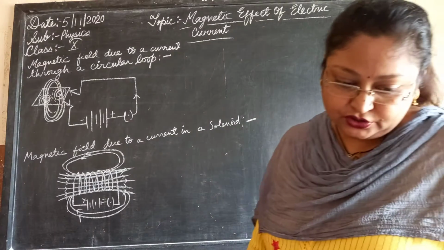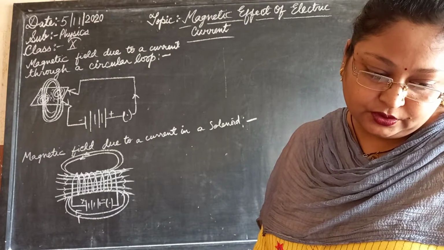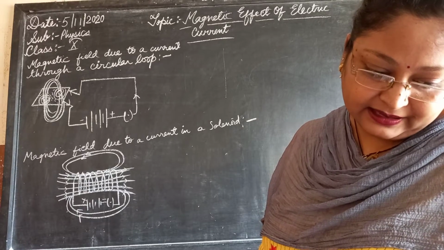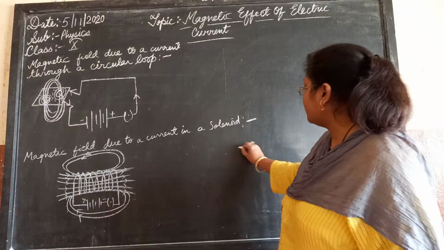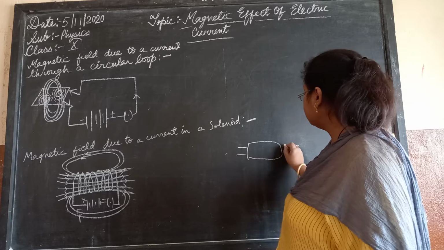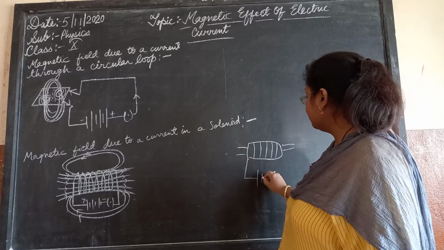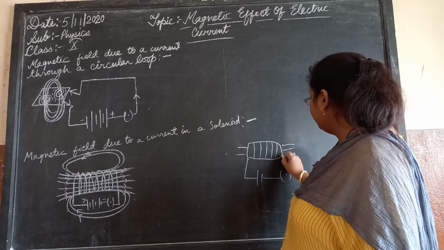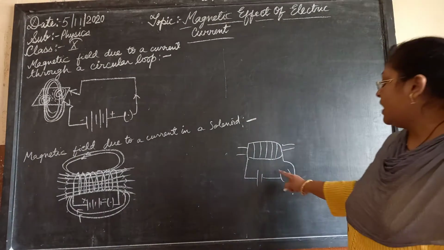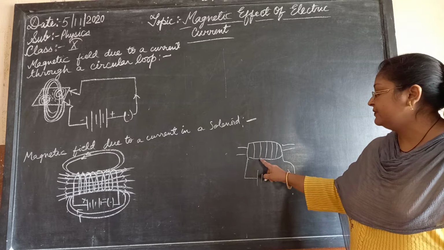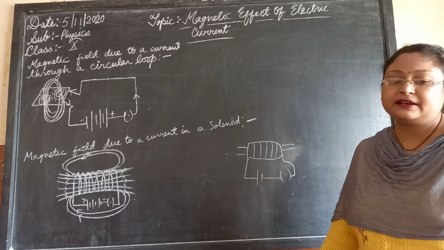Here we also have a soft iron core given in this particular book. We have a current carrying solenoid with a steel rod. If we take a steel rod just like this, and the coils are wound like this, connected with the battery and the key, we will have an electromagnet. As long as the current is switched on, this will behave like a magnet. Otherwise, when the current is switched off, it will not behave like a magnet.